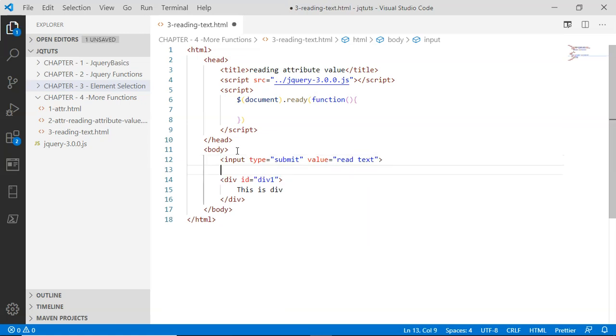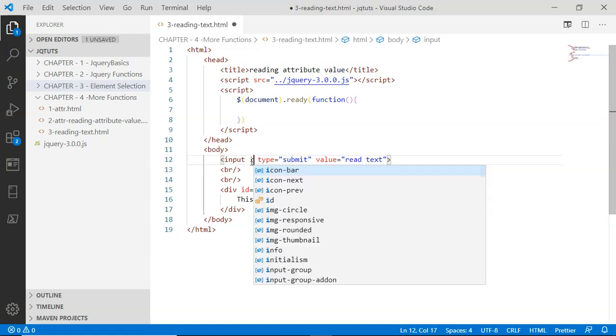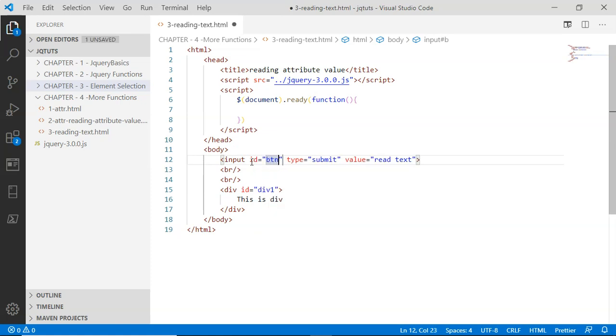If somebody simply clicks on this input button, the text inside this div must be returned, and then I'm going to display that text in an alert box. So for this purpose I'm going to assign an ID to this input button, that is btn, and